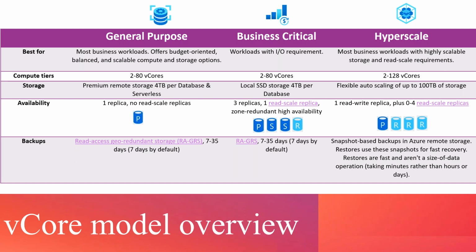So what is the backup frequency, meaning on what schedule are backups taken automatically? A weekly full backup, a daily differential backup every 12 to 24 hours, and log backups every 1 to 2 hours. We'll discuss backups and restore a lot in coming sessions, no need to worry. In general purpose and business critical, the default retention is 7 days, and you can go up to 35 days.